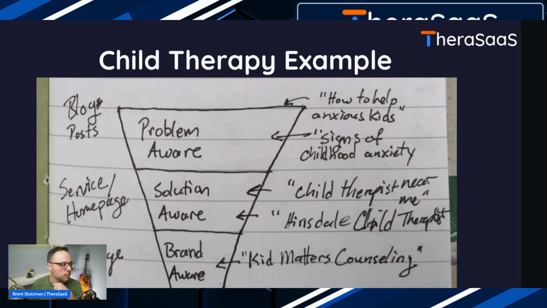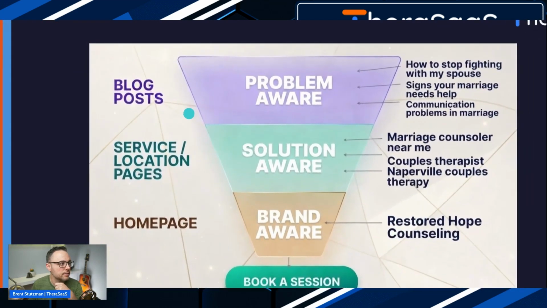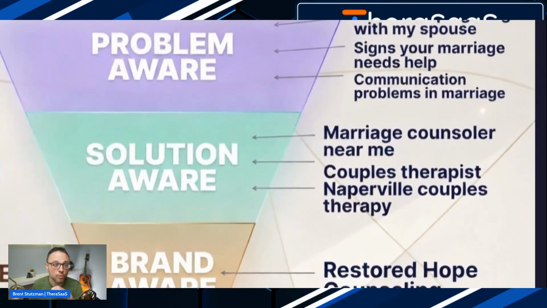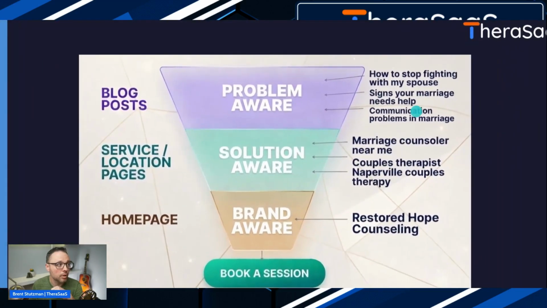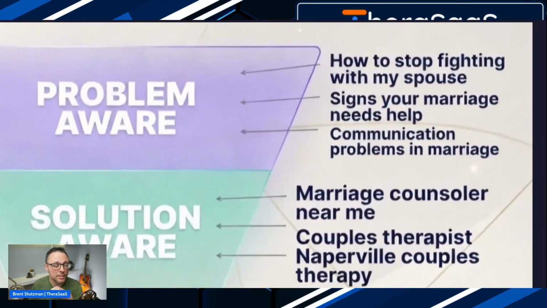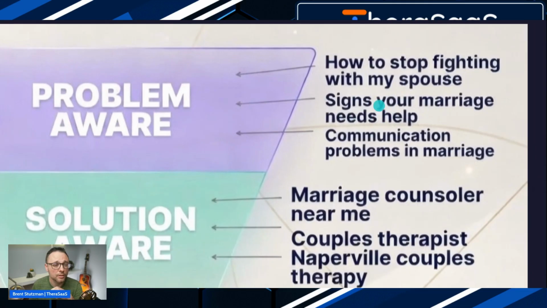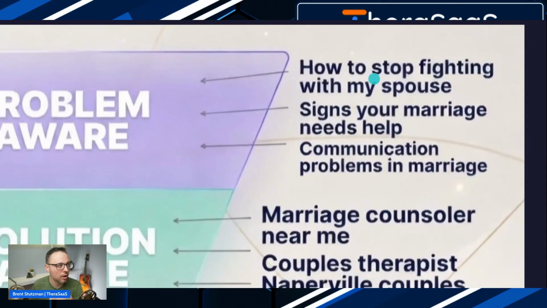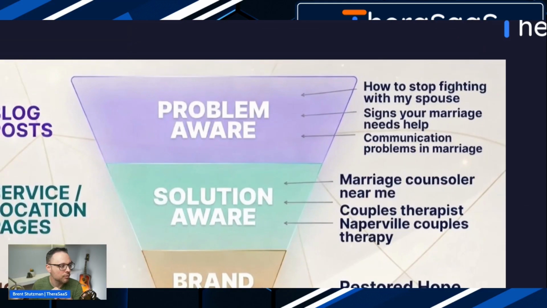Okay. I'm going to go back here and just make sure we're clear. Hopefully this is all making sense. You're probably going to be hanging out in the solution aware when it comes to a keyword strategy. Maybe blog posts, but there may not be a lot of clicks depending on where you are, because Google is going to be recommending other really big websites like the Mayo Clinic and the Cleveland Clinic. The Cleveland Clinic is actually running ads and they have blogs around this. There's just so much competition there. So, all right, let's keep moving here.